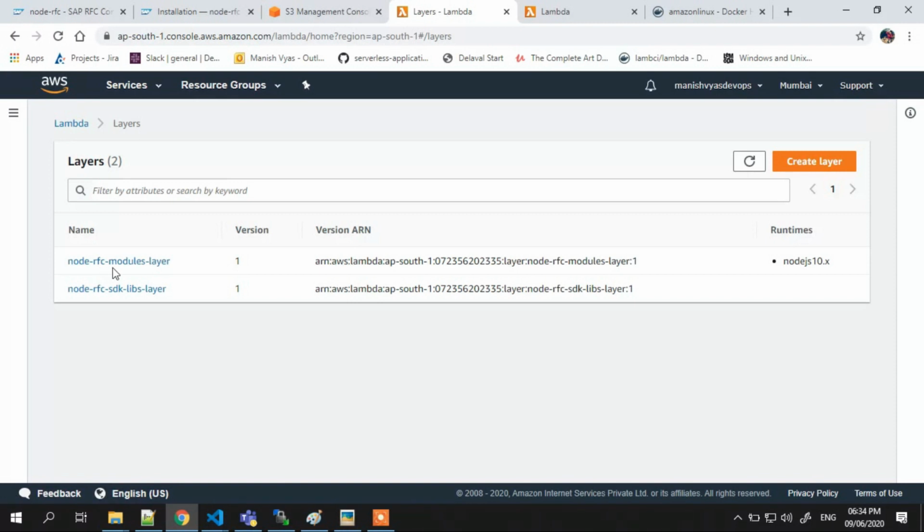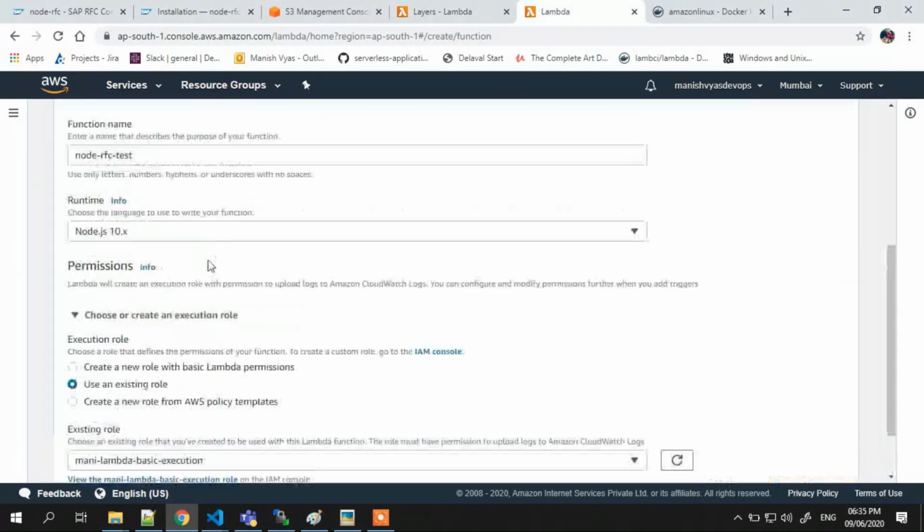The first one is the node-rfc module layer, which contains the node modules, and here I put the Node.js runtime. But with the RFC SDK layer, I didn't put any runtime because it is going to use the Amazon Linux OS. After doing that, I created a Lambda function.